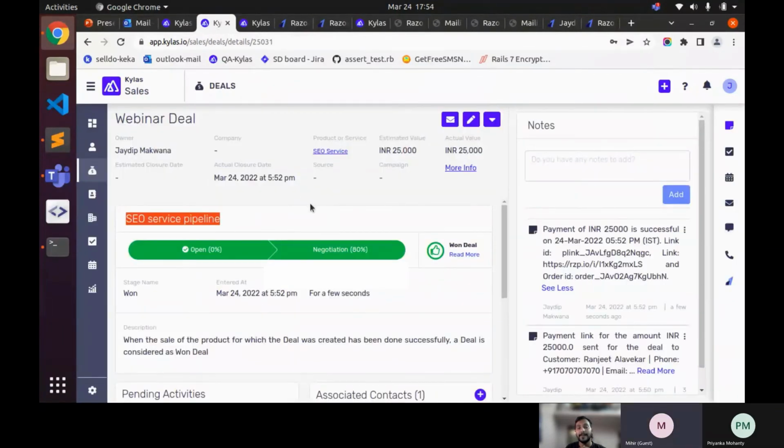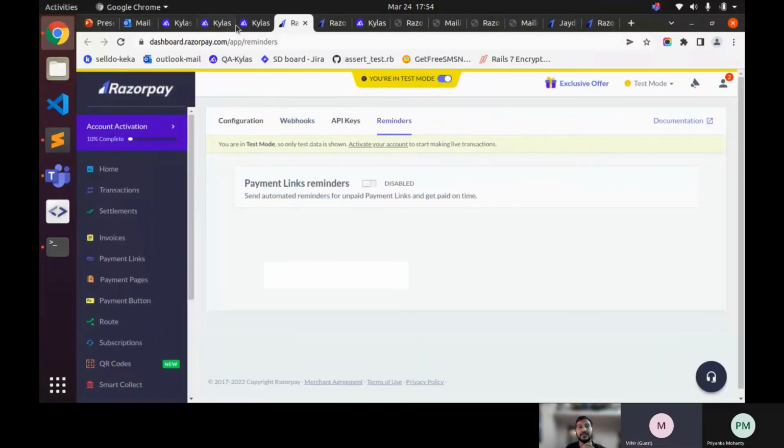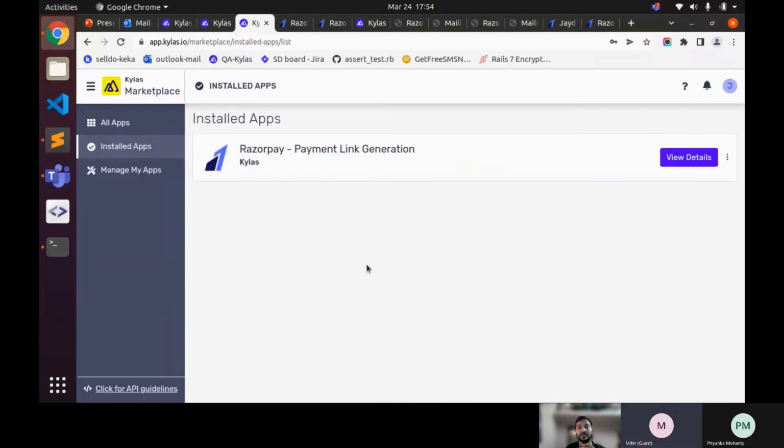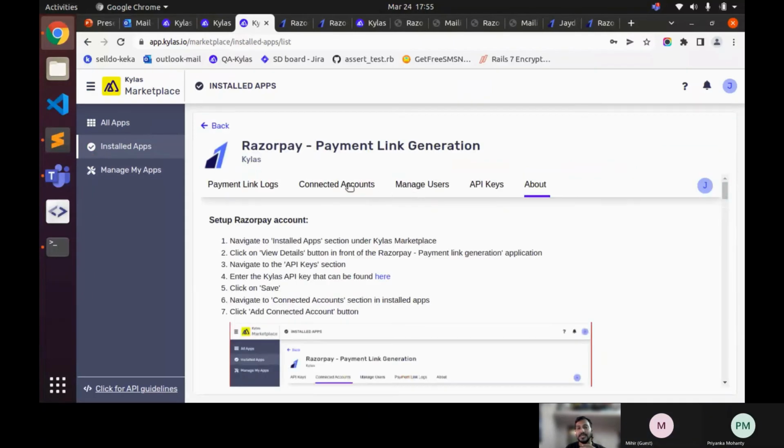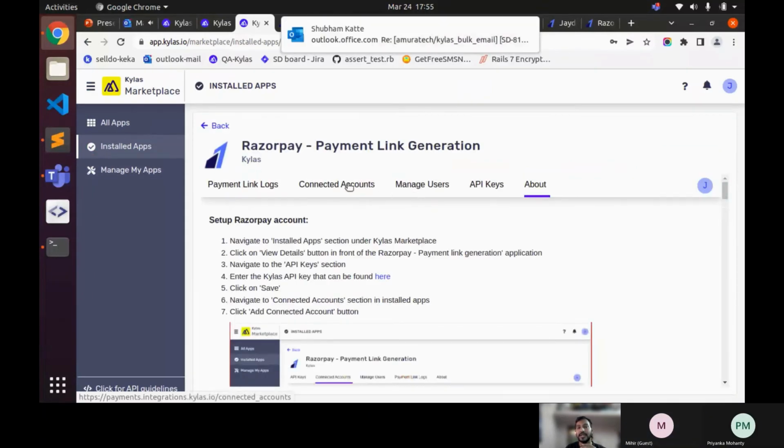Where will this show? From where did you go there? Not from Razorpay, from Kylas. So on the installed application, view details, and you have to go to the connected accounts